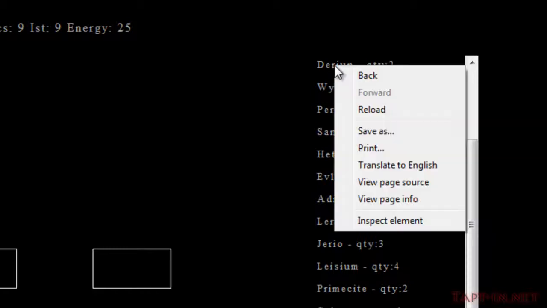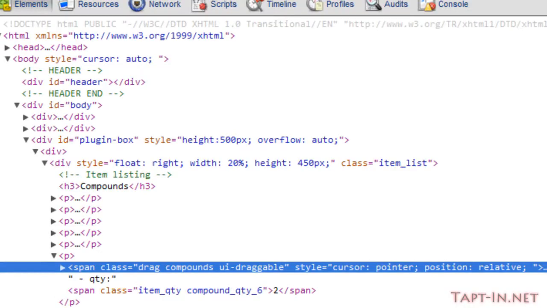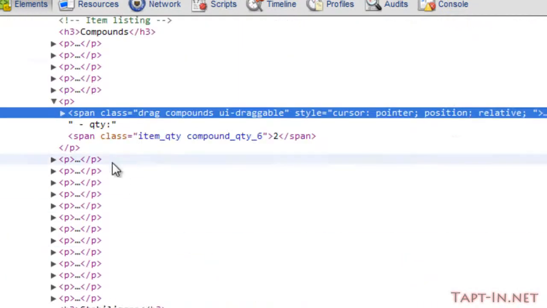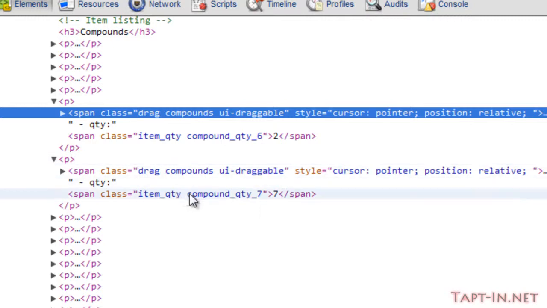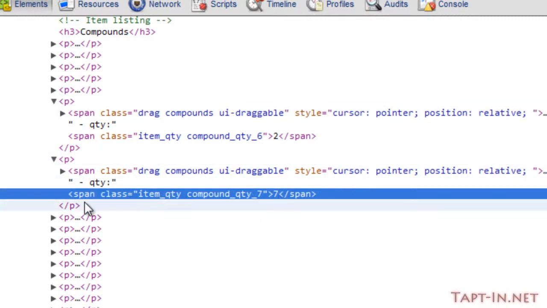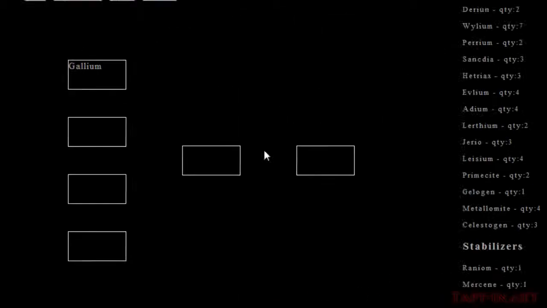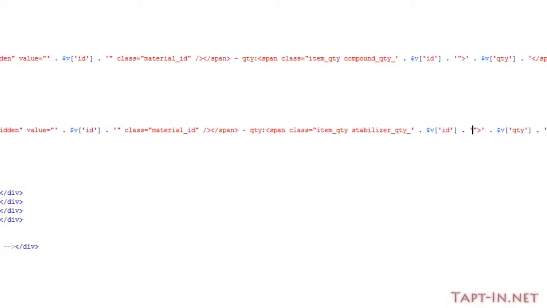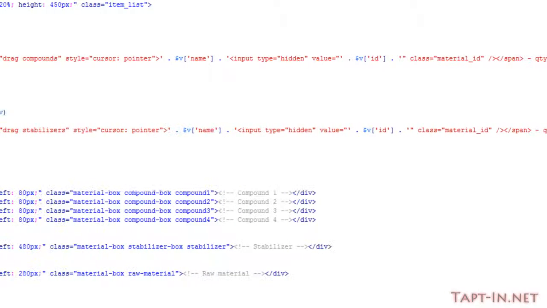So if we come and have a look at one of the items, you can see down here we've got a span, and it's got a class of item quantity, and it's got a compound quantity 6. If we go down to the next one, compound quantity 7, and that continues all the way down, all the way through. So once those two classes have been given to their appropriate tags,